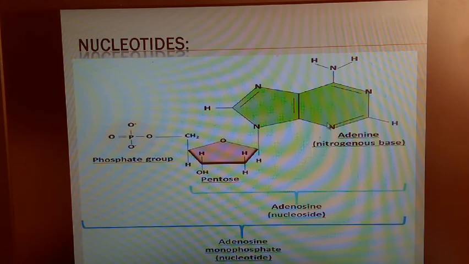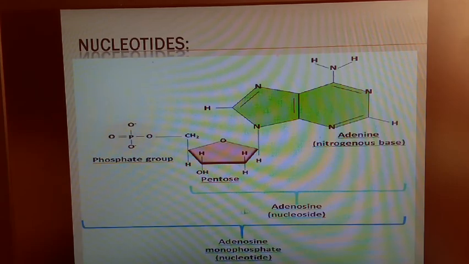So this is the adenosine we have taken. Adenosine is a purine. So the ninth nitrogen is forming a bond with the pentose sugar here. So only base and sugar, you can observe. Only the base and the sugar is there. Then we name that one as adenosine, or a nucleoside. If the phosphate group is also involved, then we name that one as adenosine monophosphate, or we can name that one as a nucleotide.